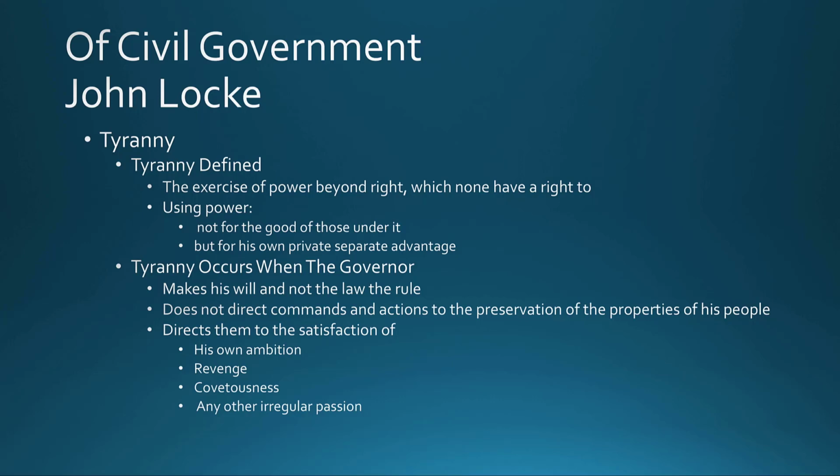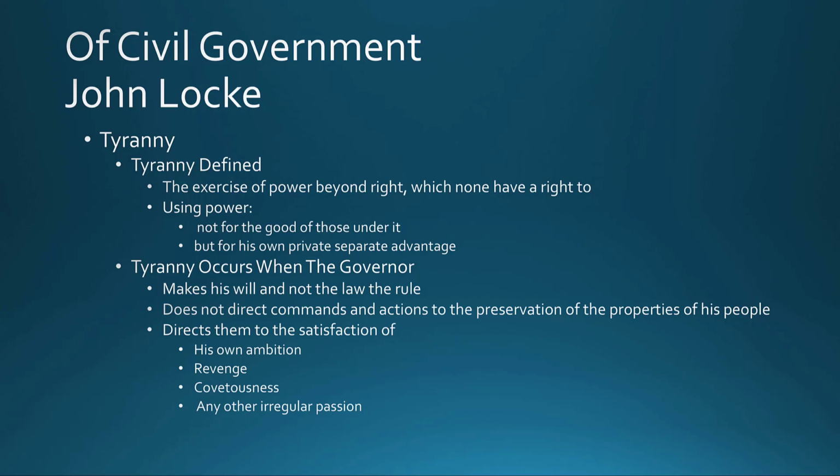So tyranny for him wouldn't be the extreme thing we think of, like marching oppressive police or armies, crushing people under their boots. It would be something as simple as someone in Congress, for example, using their ability and their knowledge and their influence to engage in some insider trading. They know that they're going to be passing a law soon, and that a company will be worth far less under these new regulations, so they sell it off and avoid a loss. Or they know that the new regulations will free up a company to make a lot of money, so they buy up a bunch of stock, and then the stock value increases dramatically the next day.